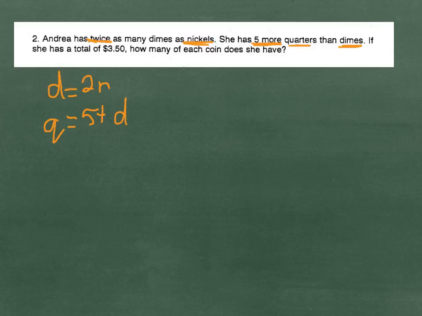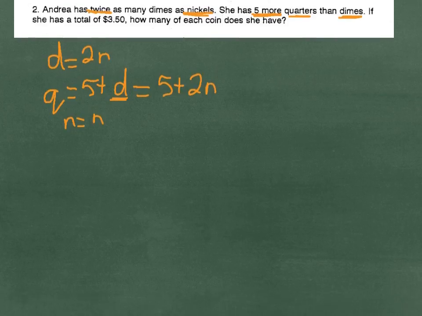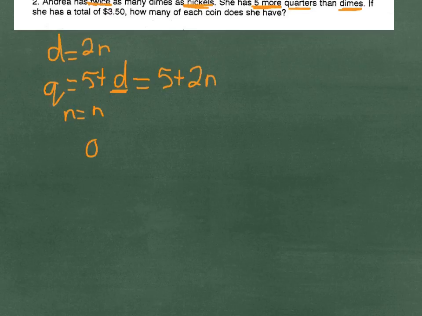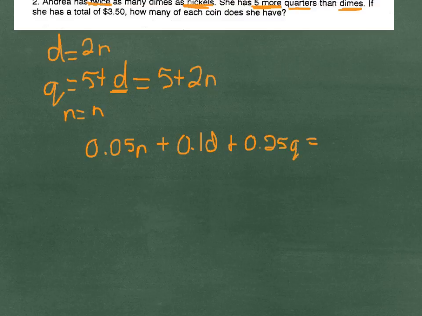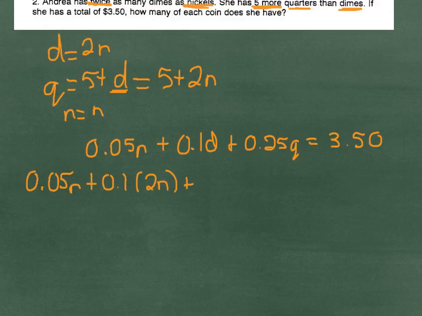But again, we already know what dimes is. It's 2N, so we're going to do 5 plus 2N. And then N is just equal to N. So now if we draw out our equation, 0.05 N plus 0.1 D plus 0.25 Q is equal to, in this case, $3.50. So now replacing what I know, N stays the same, plus 0.1. I know that D is actually 2N, plus 0.25, and I know that Q is equal to 5 plus 2N, and that's equal to